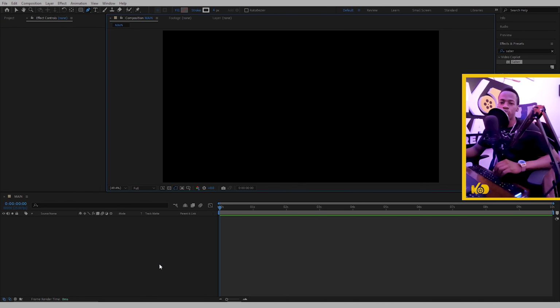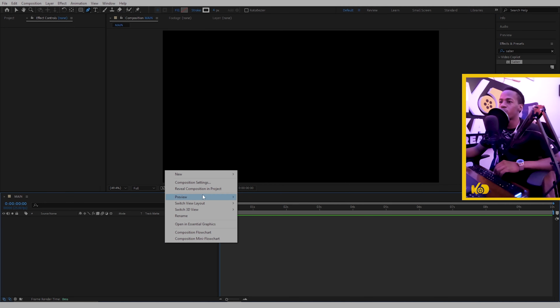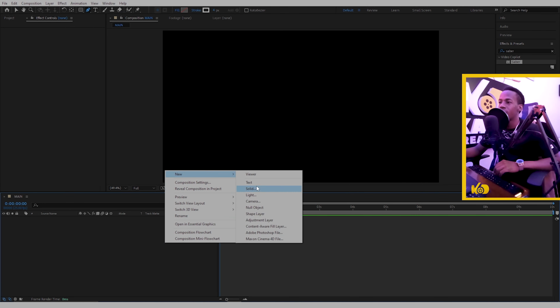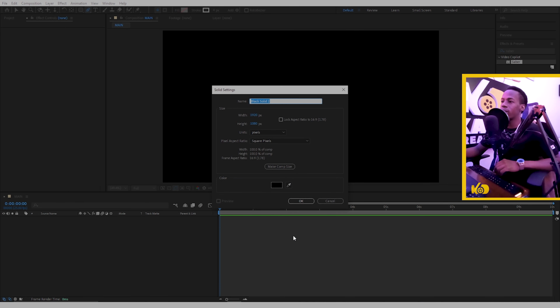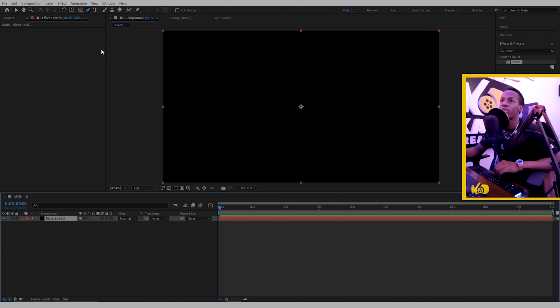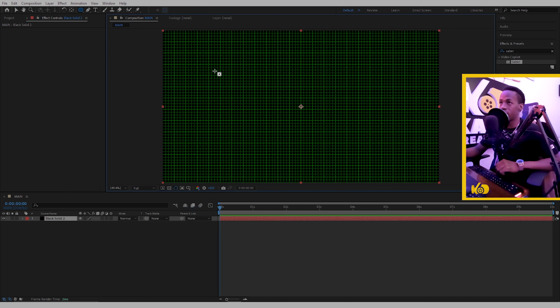So let's go ahead and create something nice with this one. For today's tutorial, I'm going to create just a simple hologram HUD. Go ahead and create our solid one more time and select our ellipse tool right here. Also activate the grid, so we can have our measurements accurate here. Make sure your solid is selected, click here on the screen and drag to create